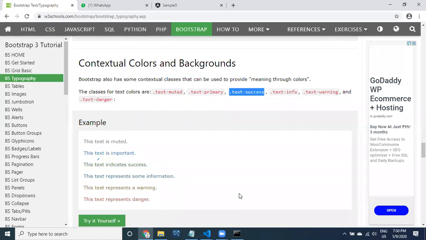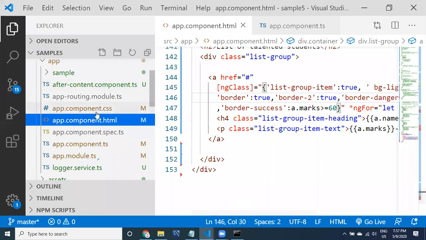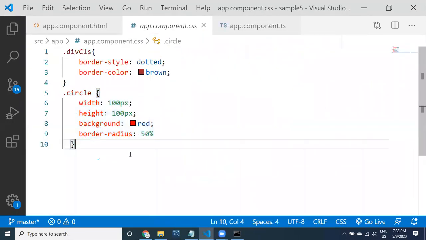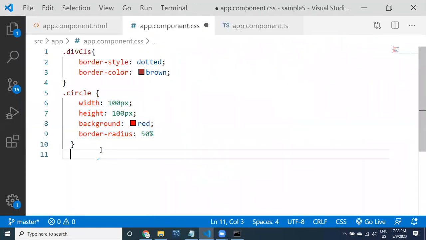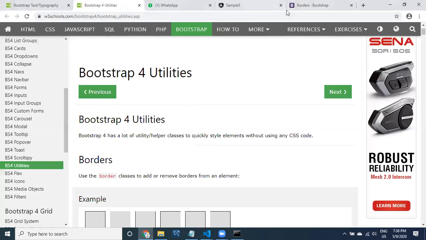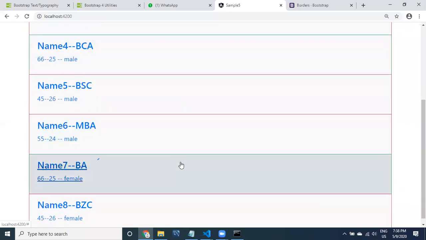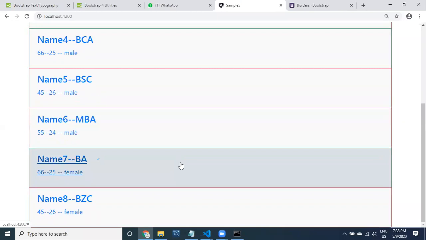To provide thickness for this, I can go to Bootstrap CSS and provide some extra thickness. I don't want to apply all these things and confuse you. Let it be. These are the classes, and yes, borders are there. We can improve the UI part later, guys.